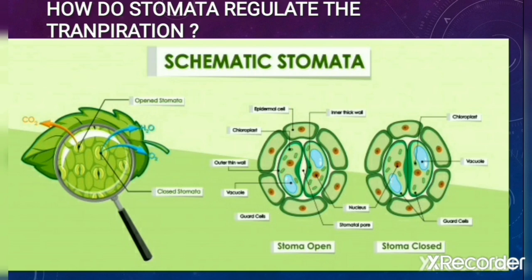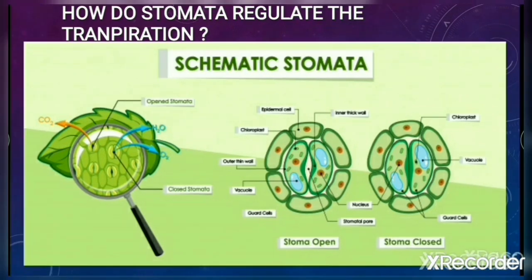If you want to observe those stomata, you need to peel the skin of the leaf, and when you observe that peel under the microscope, you can see the epidermal cells, in which many small stomata are present. These stomata are generally more on the lower surface. This is the dorsal side, and the lower side is called the ventral side. So the number of stomata is always maximum on the lower side.